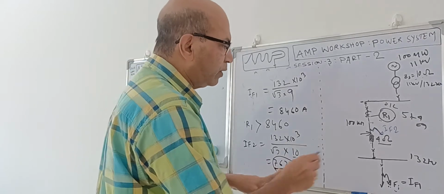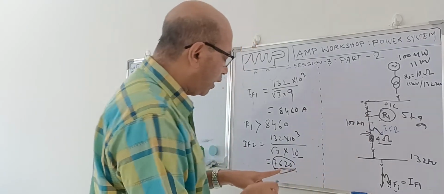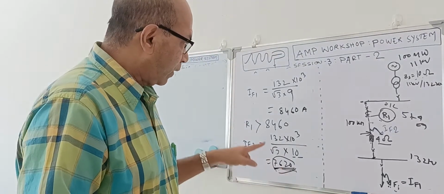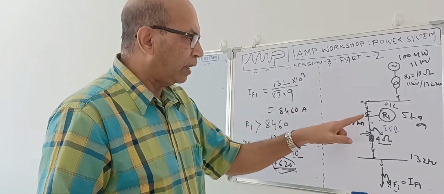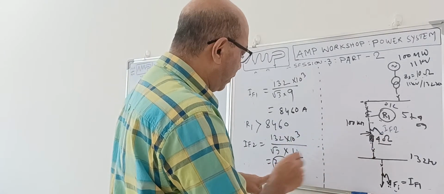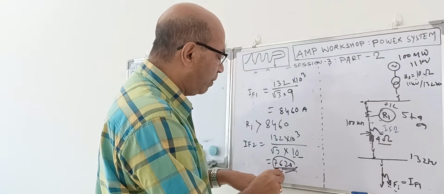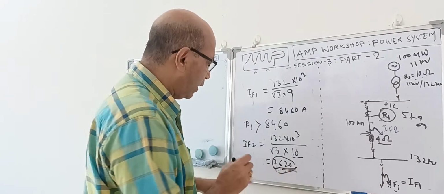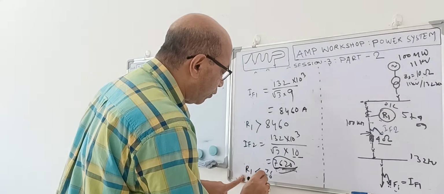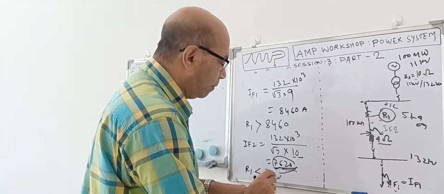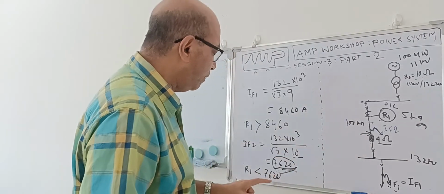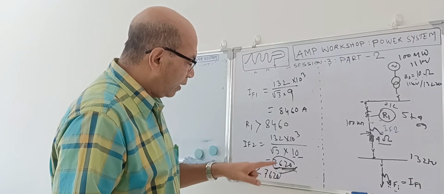So under any circumstances, if there is any fault on the line, the fault current will be less than this value. This is the maximum fault current. Whenever any impedance comes in here, obviously the actual fault current will always be less than this. The actual fault current in this scenario is always less than 7620, because this is the maximum fault current, as the line impedance is discarded. Whenever line impedance is included, the current will be further reduced.